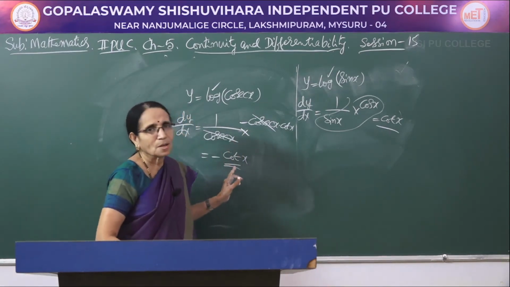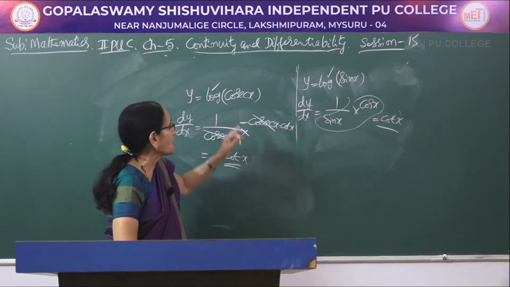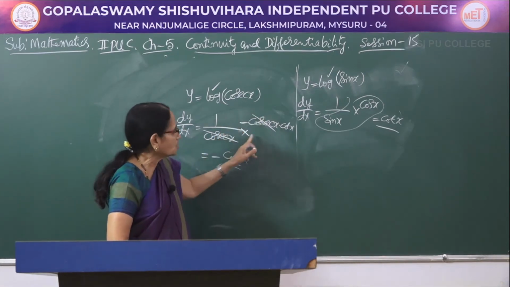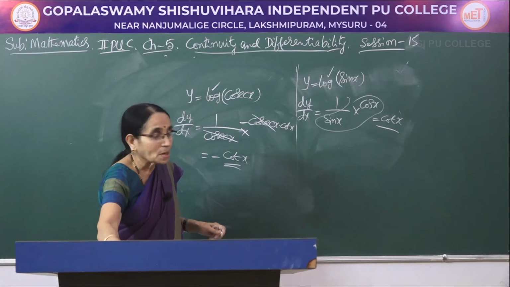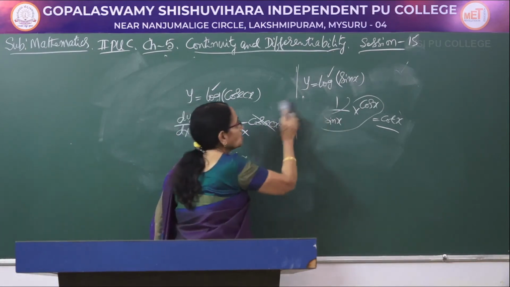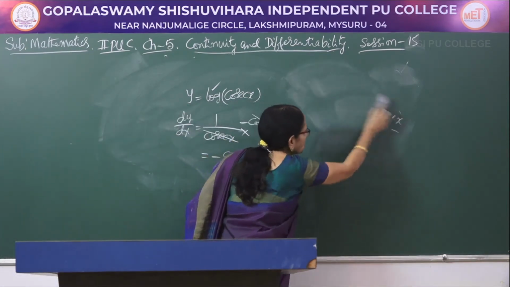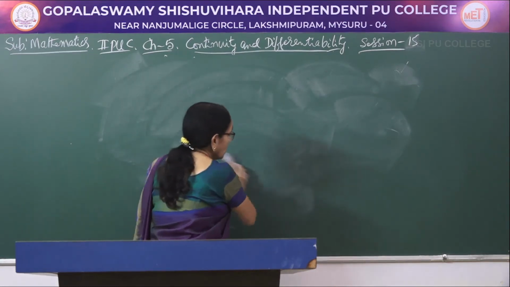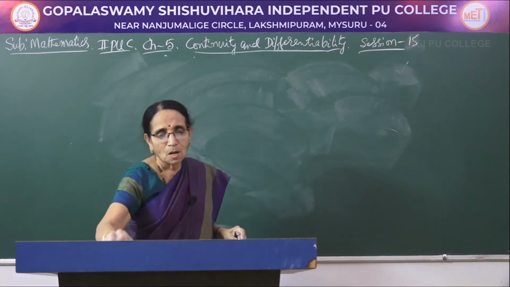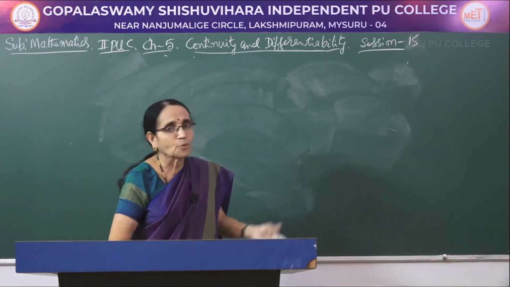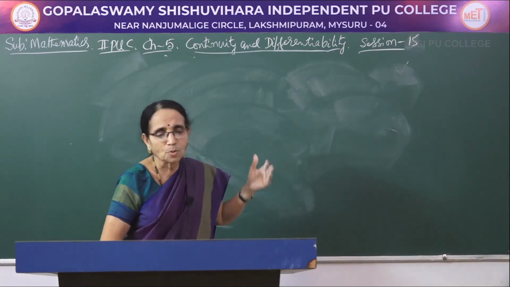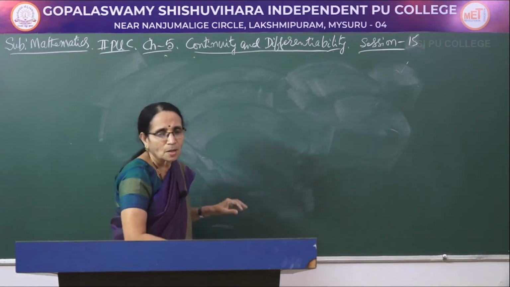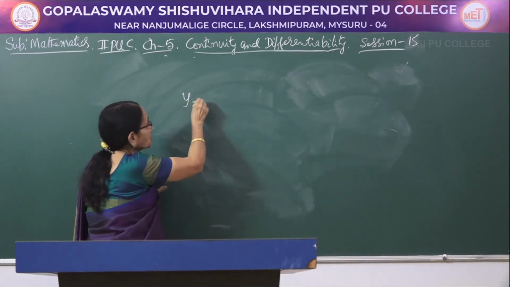This will not happen in all the cases. We cannot always do the simplification. Suppose you had secant x, then also you could do the cancellation, because the derivatives of secant x and cosecant x have the same functions in them. So, unless you are familiar with all the basic formulae, you find it difficult to solve these problems. Now, let me consider a different combination.